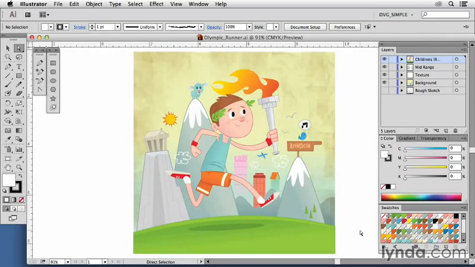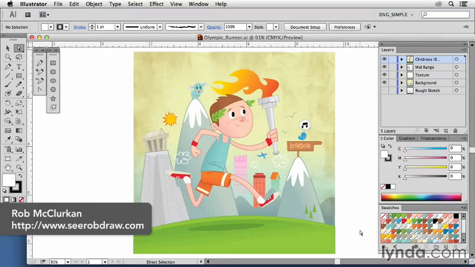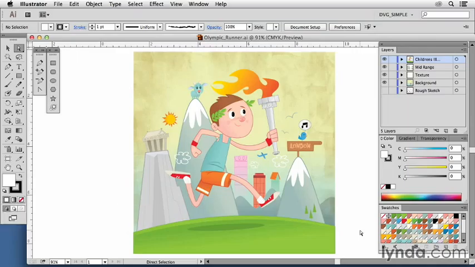The next artist I want to share with you is Rob McClurkan. He's an illustrator based out of Atlanta, Georgia. And this children's book illustration utilizes a wonderful application of texture. And so I wanted to kind of feature that in this one and show you how Rob has integrated that